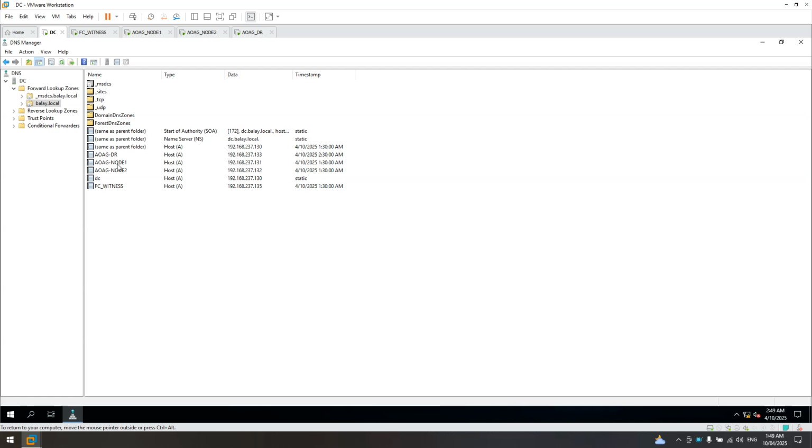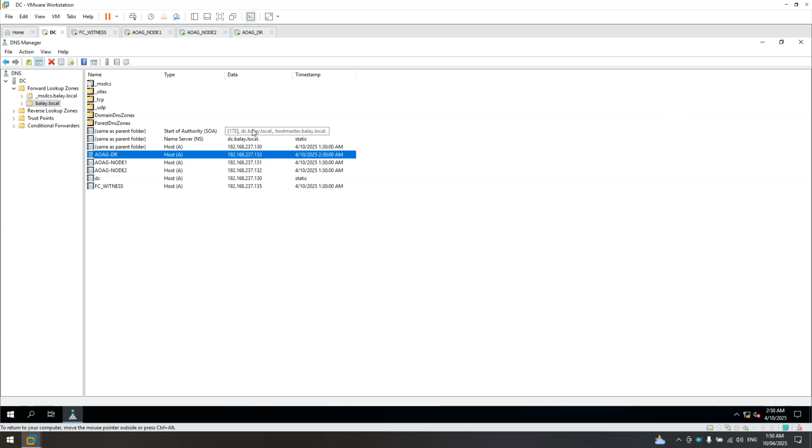We'll click that one. You can see this one, FC Witness. The IP address is 192.168.135.237. It should be in the same IP range, right? For the AOAG Node 1 it is 131, AOAG Node 2 is 132, and AOAG DR is 133, right?